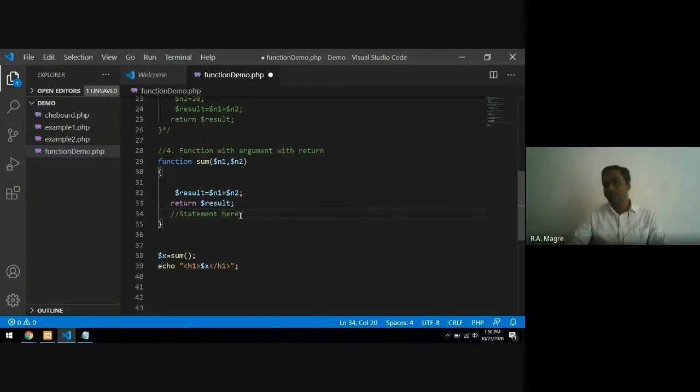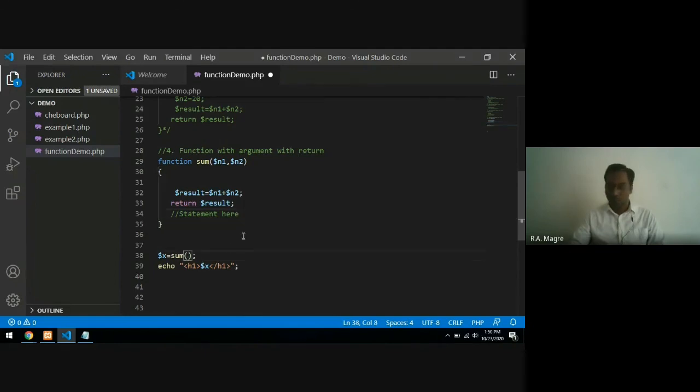If there is a return statement above the statement, after the return statement in a particular function will never execute. That you have to remember. Return statement से क्या होगा कि उस पर्टिकुलर ब्लॉक के अंदर से कंट्रोल निकल जाएगा. कहां पर चला जाएगा? जहां से वो पर्टिकुलर फंक्शन कॉल होगा. So return statement must be the last statement in particular function block.